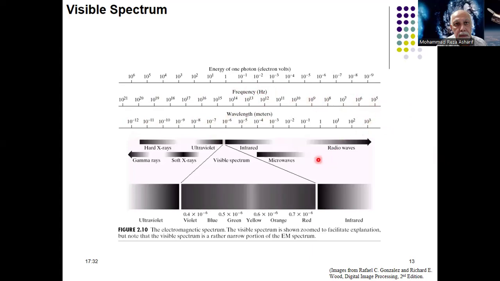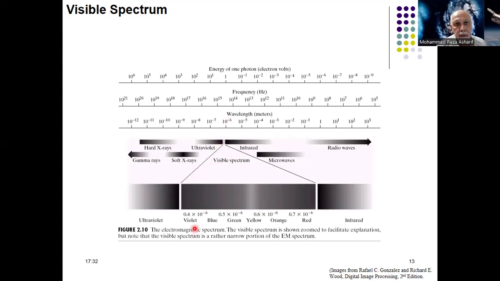Radio waves are here, hard X-ray is here, ultraviolet is here, infrared is here. Only a very small portion is recognized by our eye, the visible spectrum, which is between around